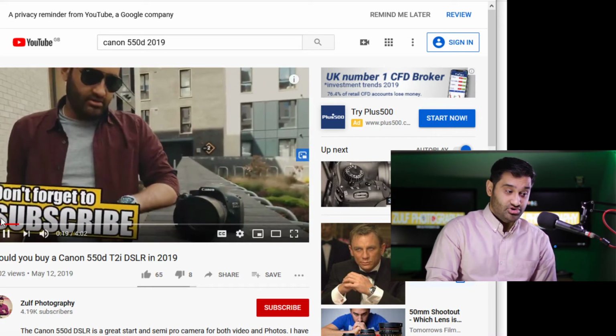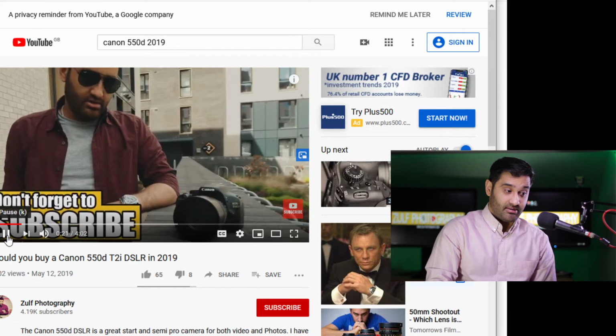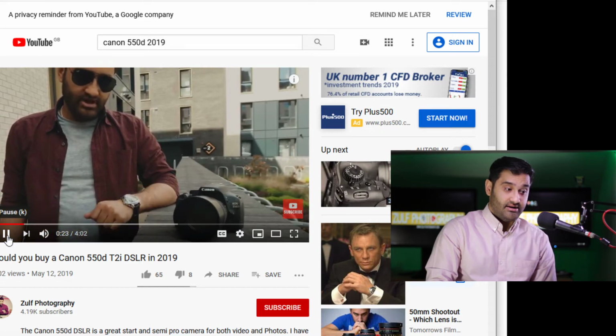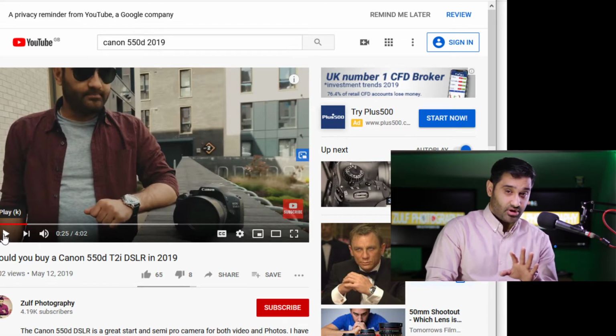So what should you do if you're thinking about buying this camera, or have this camera and are wondering, will it perform well in high ISOs? I'll put a few links up to videos to show you that, but in this one, I'm covering that with examples. I'm basically going to show you photos I've taken with this camera in the past with high ISOs. So if I take you over to my screen here,